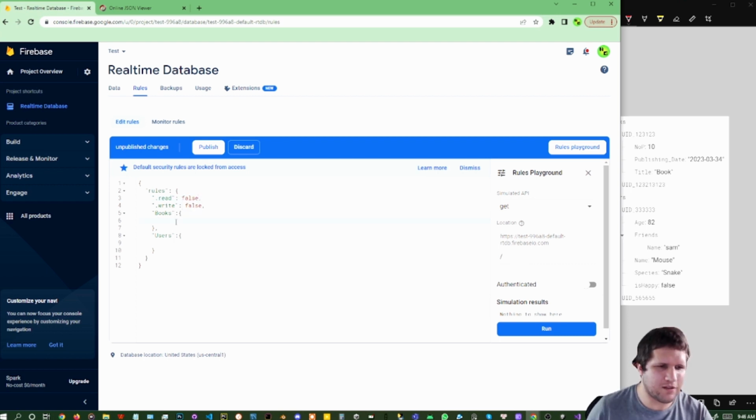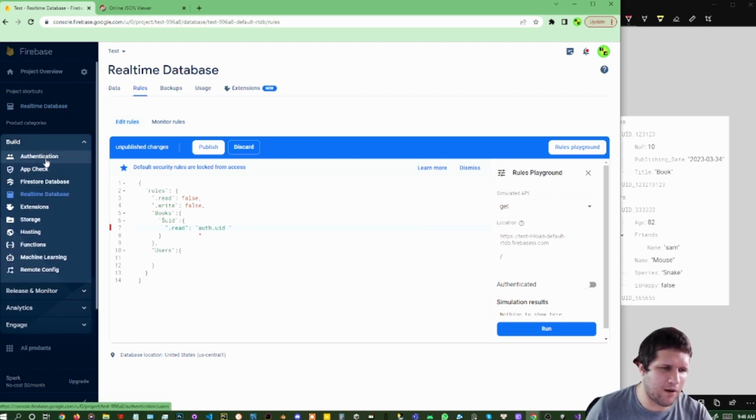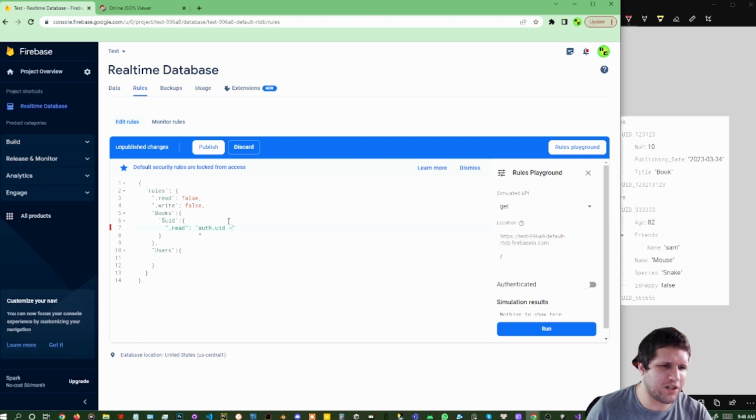So if I say books, and then I say, we'll talk about what this is later, UID, and then I say that you can read, oh, we need to put that, there we go. So you can read only if the auth.uid, so the UID of the authentication token in the authentication database is equal to